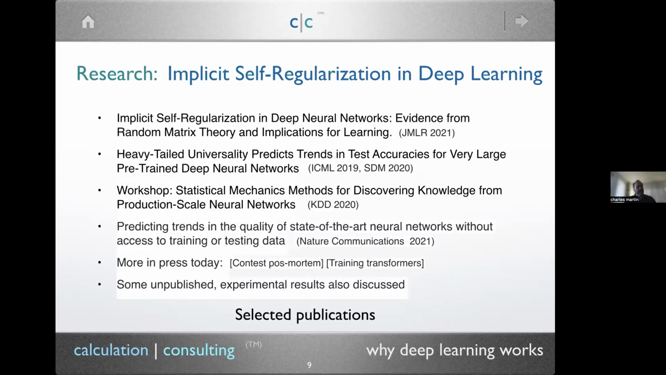So again, it's based on a number of theoretical papers we published: JMLR, the Journal of Machine Learning Research, ICML, and KDD, which are big AI conferences, and Nature Communications, which is a fairly prestigious journal. Nature is probably one of the top 3 scientific journals in the world. And we have other papers. There's a paper called Contest Postmortem. There's one where we're training transformers, things that are in press today, under review, and a number of unpublished